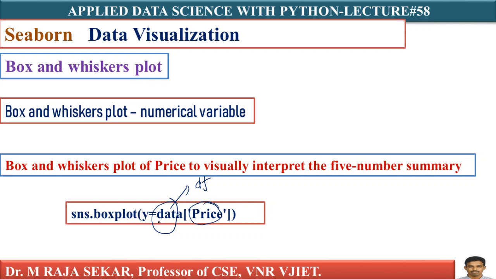Now you are keeping this with the y variable. What does it mean? We have given the value of price under the argument y, so y will be the representation of the price. But if you want, you can give it under x also. Then x will be the representation of the price. This I will discuss with the help of our box plot diagram.